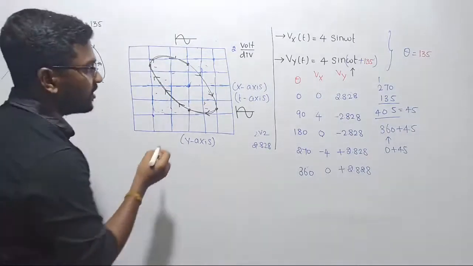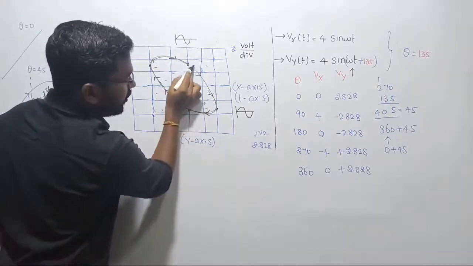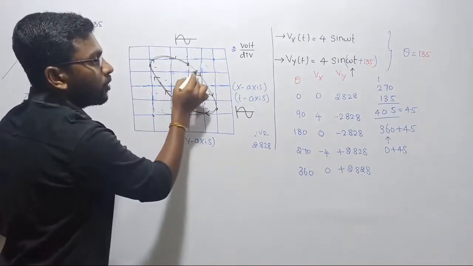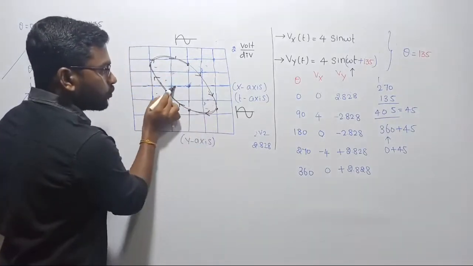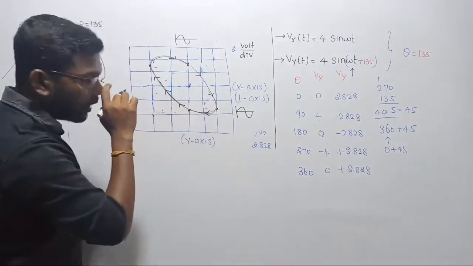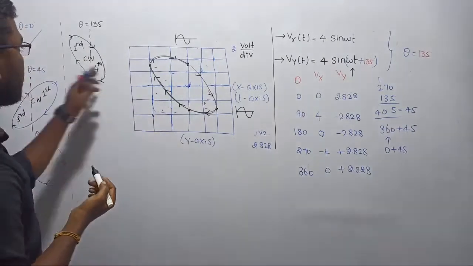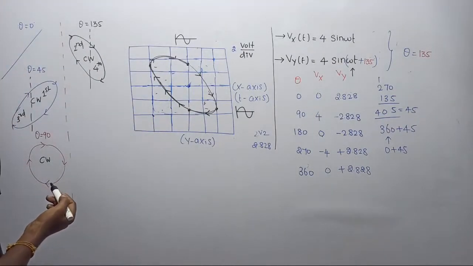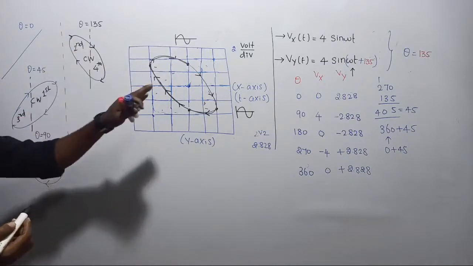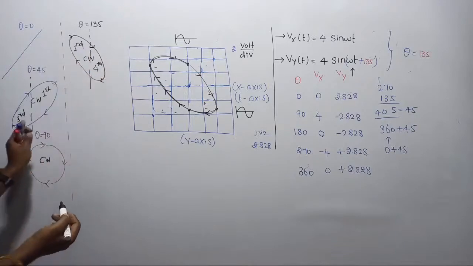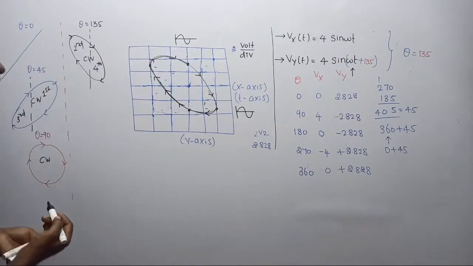Sir, you have to understand. See there, a small portion appears in the first quadrant also, but a very small amount. The major portion is covered in the second and fourth quadrant, whereas a small portion is covered in the first and third quadrant. That is the difference between theta equal to 45 degree and theta equal to 135 degree. Circle means each portion, first, second, third, fourth, all quadrants will have the same values. Clear? Yes. Let us continue.